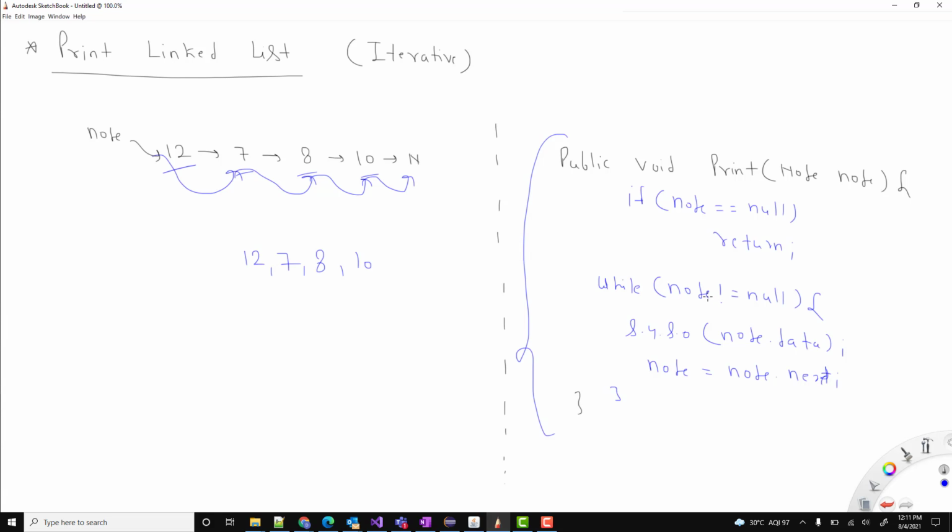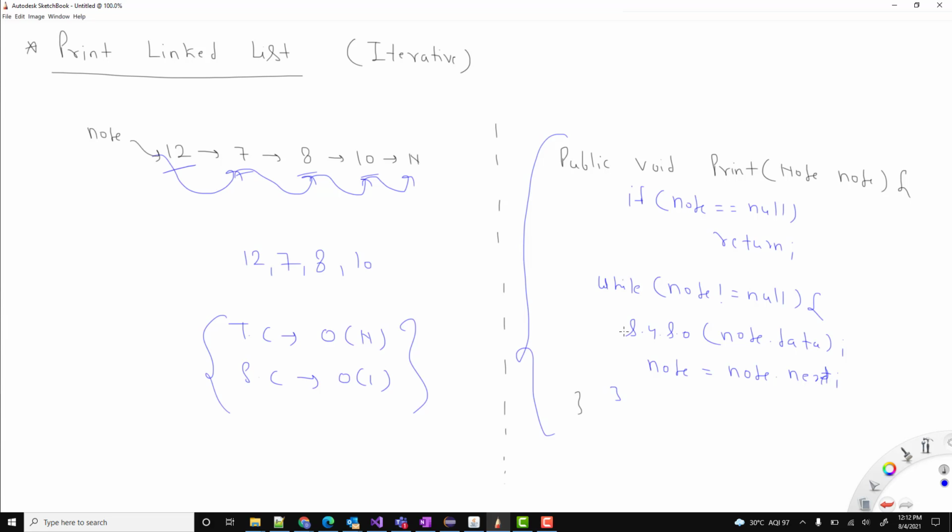If you talk about the complexity of this question, let's say there are n elements, so we need to iterate all n elements to print the values. That is why the time complexity will be big O of n. And if you talk about the space complexity, we are not using any extra space for this. We are not using any extra array or even variable, so my space complexity will be big O of 1. So this is about the time complexity and space complexity.